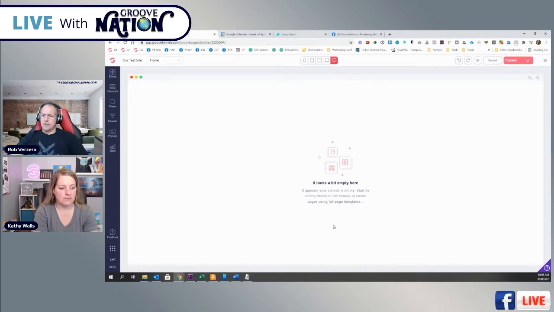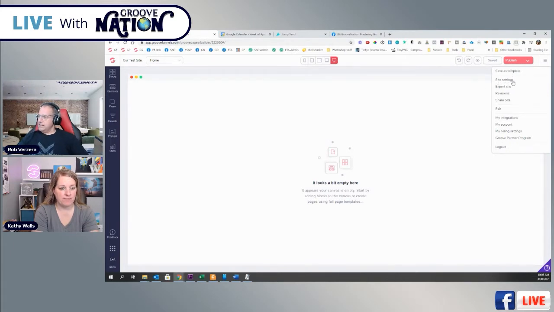So the first thing we're going to do is talk about some of the menu options that are available. And we're going to start up on the right-hand side. So we come up here, we hit this menu right here. The very first thing we can do is save as template. If we go ahead and save as template, it'll save this page as our own custom template, which is good if you ever want to share it, or you want to use it multiple times. You want to use it in different funnels, you can just click on save as